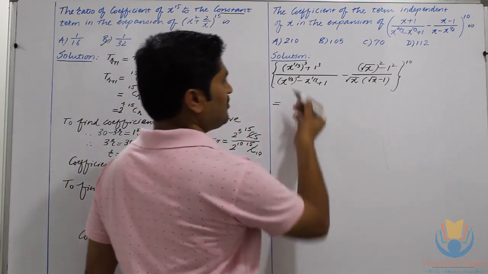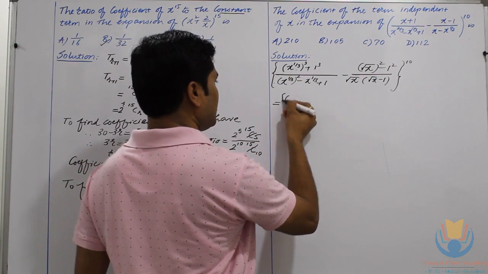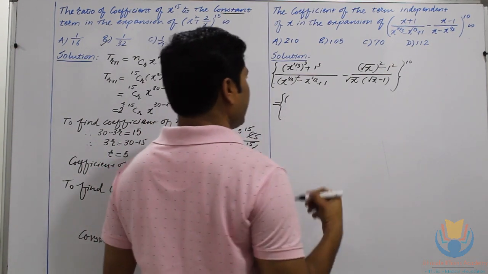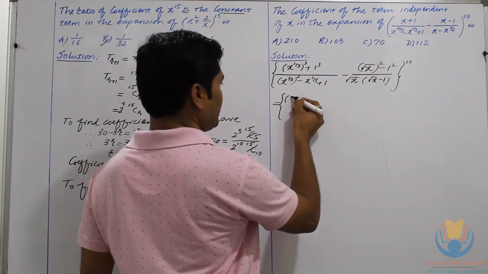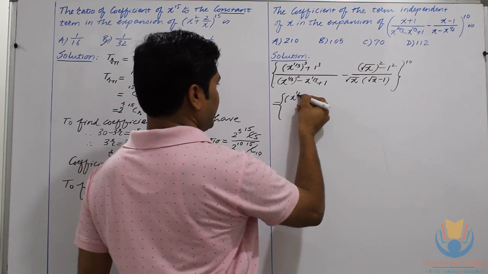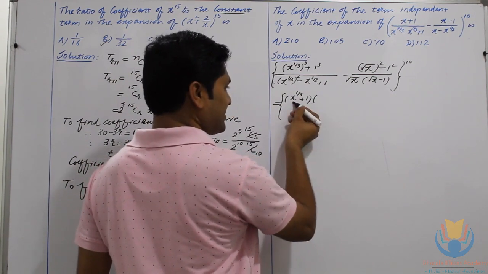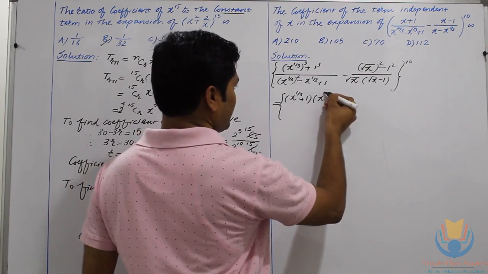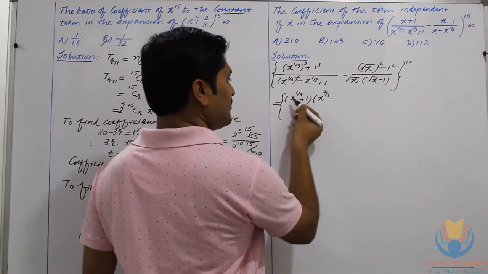Again we will use the formula of a cube plus b cube here. As per that formula it will be (a plus b) into (a square minus ab plus b square). So this is going to be x raised to 1 upon 3 plus 1, that into a square, that means x raised to 1 by 3 whole square,